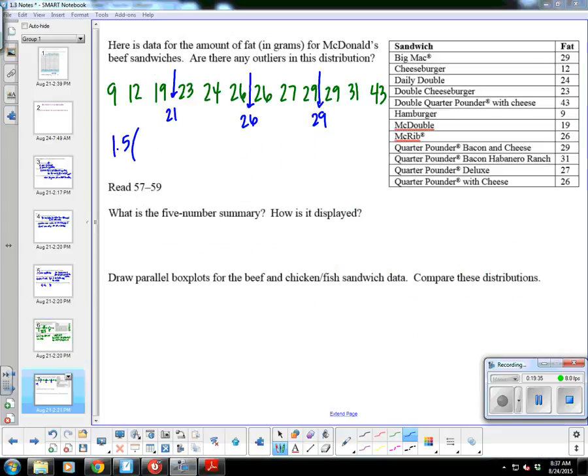You should have done 1.5 times the range, which is 8. So what's 1.5 of 8? It's 12. So then you should go quartile 1 minus the 12 to see if there's an outlier. So that would be 21 minus 12, which is 9.